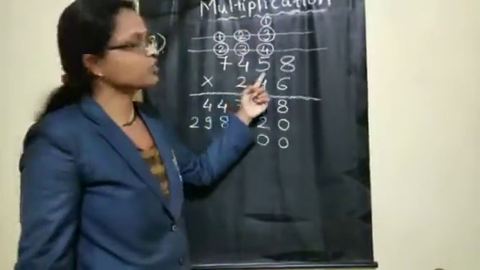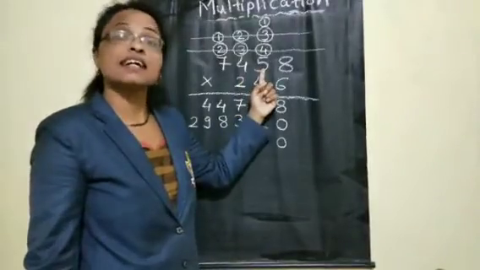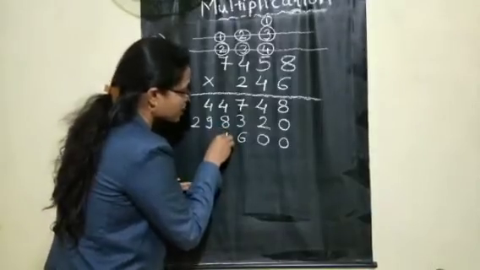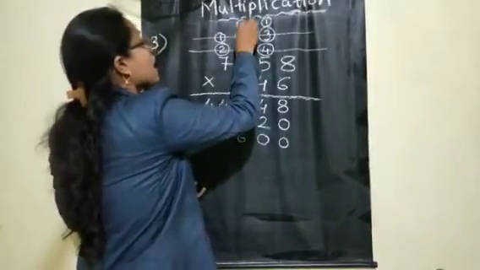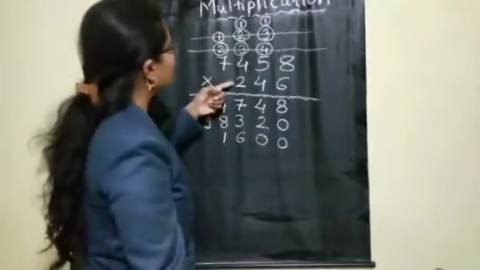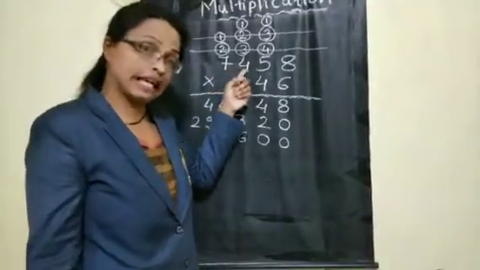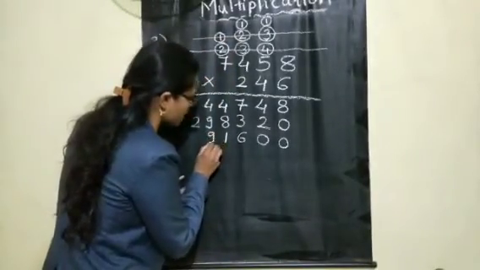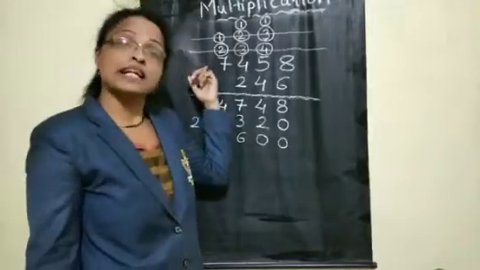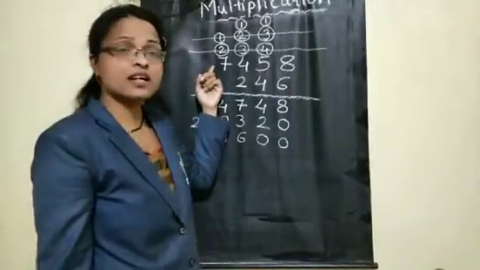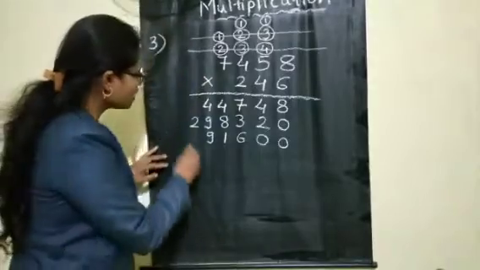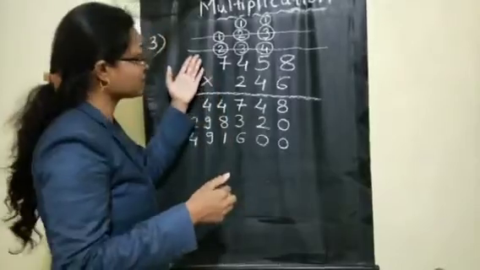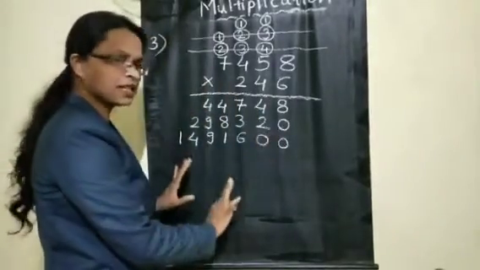Okay. Now let us move for the tens place. 2 5s are 10 plus carry 1, 11 children. From that 11, 1 you write down and 1 will carry forward to the 100 place now. 4 2s or 2 4s 8. 8 plus carry 1, 9. So 9 you are writing here down as it is. Now let us move to the 1000 place. 2 7s 14. 14, both the numbers you people are writing down because now there is no number after 1000. Okay. Now here our multiplication is over.